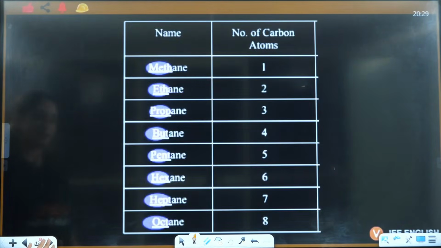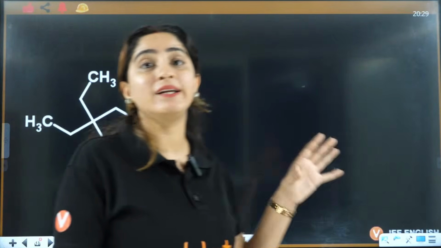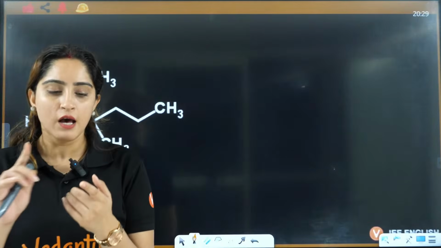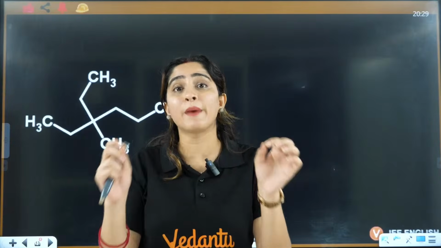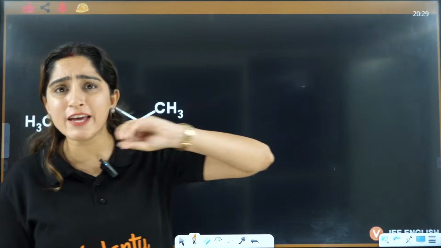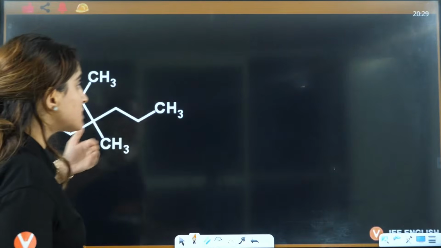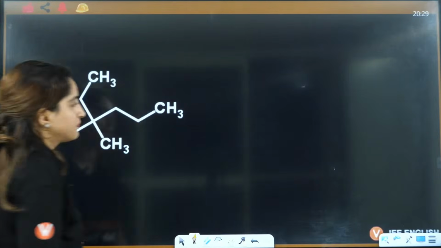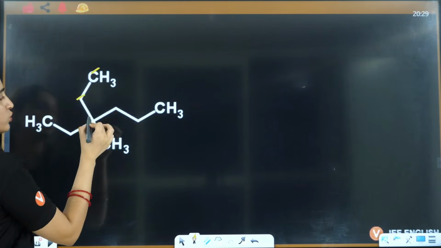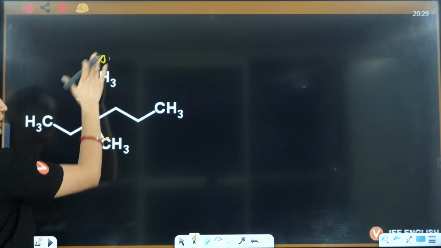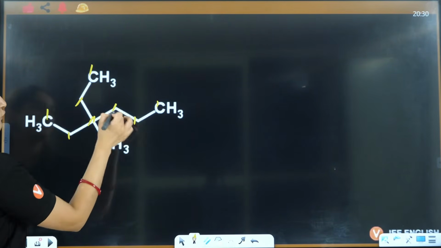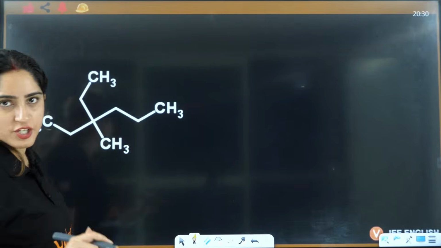Now let's see what is your main task while answering the IUPAC naming. First task is to understand what is the parent chain. Parent chain is the longest chain. It will always be the longest chain. So you need to see which is the longest chain here, right? So if I see this 1, 2, 3, 4, this cannot be the longest chain. So 1, 2, 3, 4, 5, 6, and here it is 1, 2, 3, 4, 5, 6. So 2 longest chains are possible.